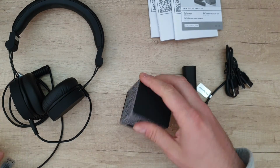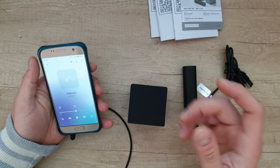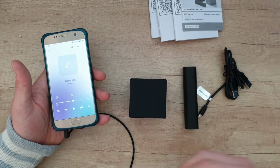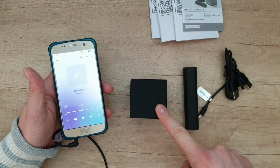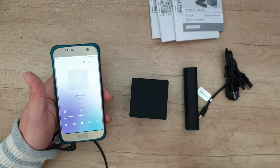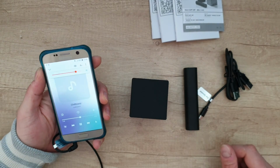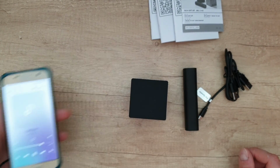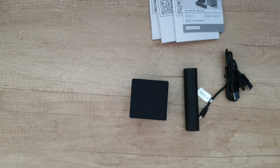Now, let's move on to the headphones. Okay, I have connected to my phone, of course. Most phones now don't have a 3.5 headphone jack, but why not? You can use them by connecting to the Bluetooth speaker and then send the music via Bluetooth, and then you can hear it in your headphone jack. Well, let's see. Wow, nice sound. Yeah. Well, let's put it to my...